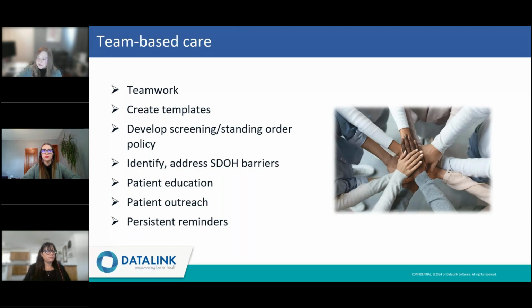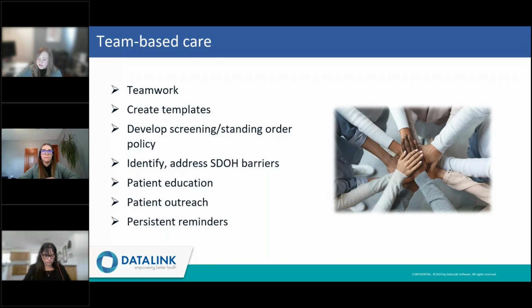Utilizing a screening tool or questionnaire to help identify and address social determinants of health barriers. And remember that this may need to be a conversational screening. It will depend on the patient, of course. How is their food security? Is their diabetes or blood pressure uncontrolled because they don't have the means to support a healthy diet? Are they non-compliant with preventive screenings because they don't have reliable transportation?